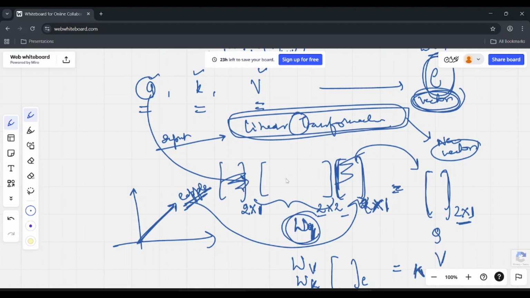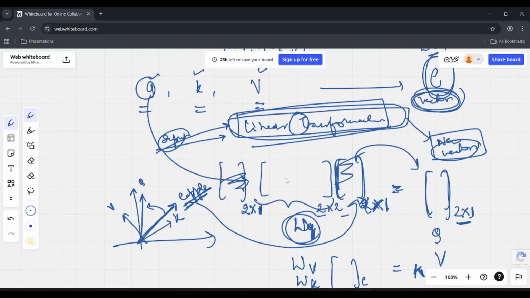So from one embedding, when we apply linear transformation, it gets transformed. It gives us another vector, which is the query, key, or value vector. Okay. So in short, linear transformation is nothing but a mathematical operation through which, whenever you give it an input which is a vector, in output you get a new vector, that is the transformed vector.